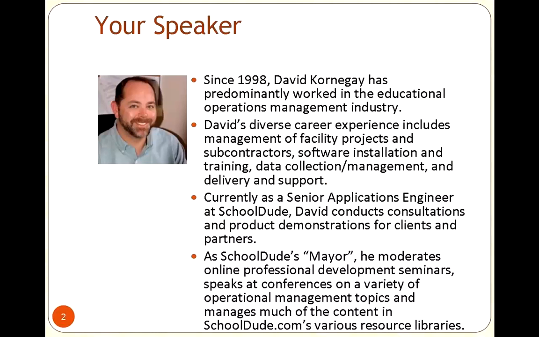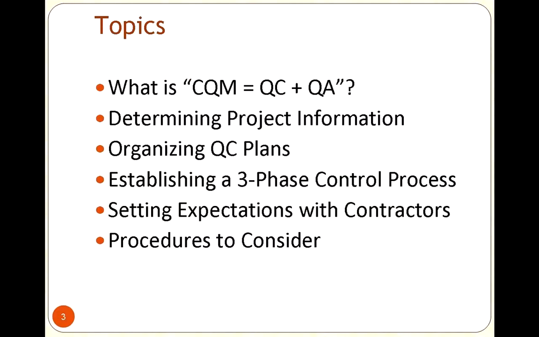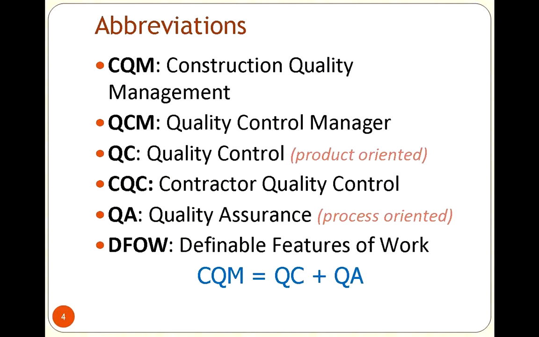So beginning with that little bit of a preview, if anyone has ever been associated in any way with the military, you may notice there's a whole series of abbreviations. One of the ones that deals with quality assurance and quality control techniques with contractors is the term CQM equals QC plus QA. So we'll be talking about some of the things with the abbreviations. We'll talk about determining what a project should entail. We'll also be talking about quality control plans and some of the processes with it, some of the communication and expectation techniques that you may want to consider, and how they'll drive many of your procedures.